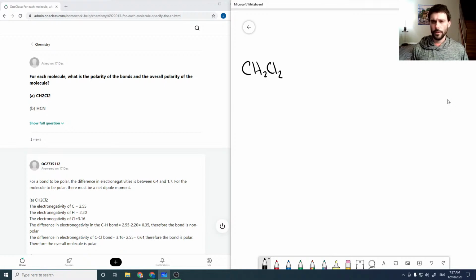So if we draw this guy, it's going to be a tetrahedral shape where I'm using the wedges to show it's coming out of the board and the hash to show that it's going into the board. I guess I should use a slightly more appropriate convention than I've been in the past and draw my dipoles from negative to positive. So here we would have a dipole. Here we would have a dipole. Although you will get a minor dipole from carbon-hydrogen bonds, it's definitely not going to be as high as for carbon-chlorine,